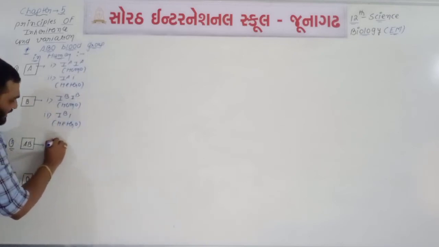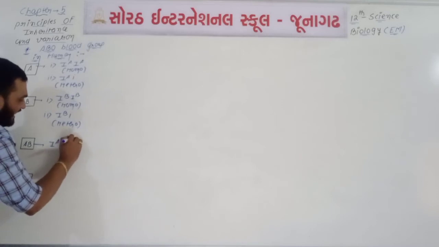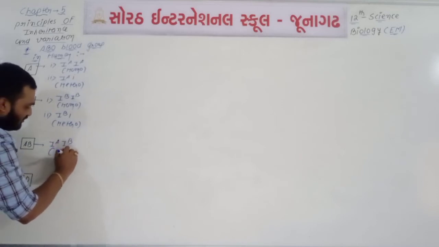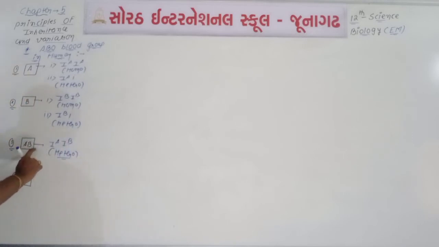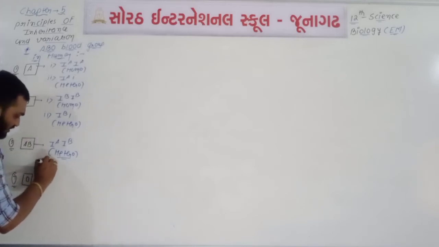What about the blood group AB? IA IB is always heterozygous type of genotype. You will remember blood group AB has both different types of alleles, so heterozygous condition is there, and codominancy